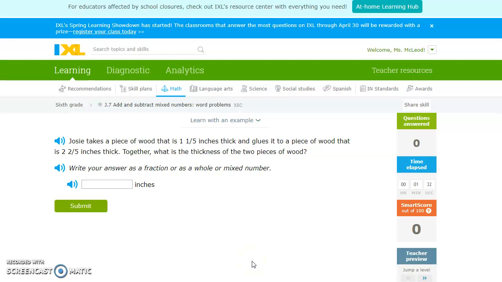The smart code for today is X8C. The problem reads, Josie takes a piece of wood that is 1 1/5 inches thick and glues it to